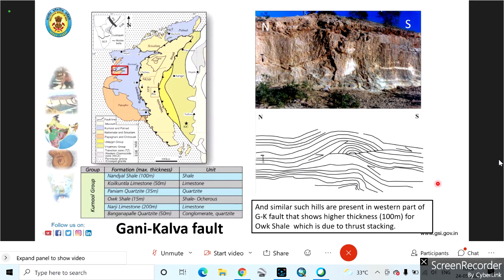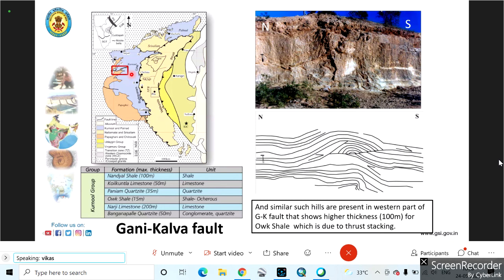All right. Now, I have taken up one of my field photographs just to show you another important aspect. This blue part of the Kadapa basin consists of two sub-basins, one called the Palnad and one called the Kurnool. The Kurnool sub-basin, as I said, has the Neoproterozoic youngest sediments of the Kadapa basin. The Kadapa basin is actually not a single basin. It consists of a number of sub-basins like the Papagani, Kurnool, Sri Salem, Nanamalai, and Palnad sub-basins. These are small sub-basins which are divided in time also. They were deposited in different time scales.